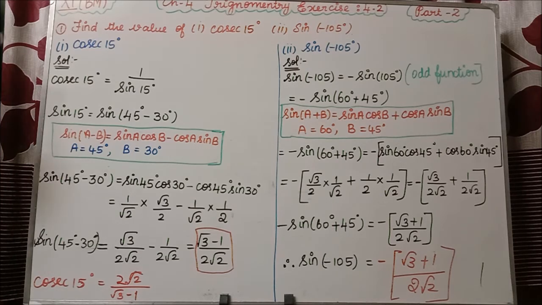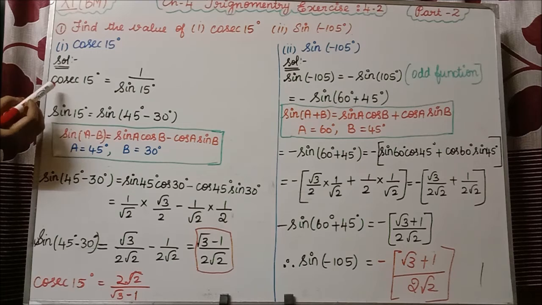Okay. Now if you see the first subdivision, cosecant 15 degree we are having. So for 15 degree, in the tabular column, do you have the value? We are not having the value. So what are the values we are having? 0 degree, 30 degree, 45 degree, 60 degree and 90 degree. So based on these degrees we have to convert now.